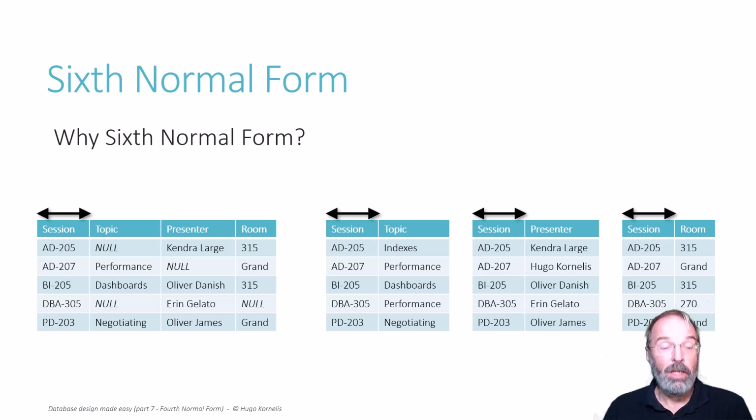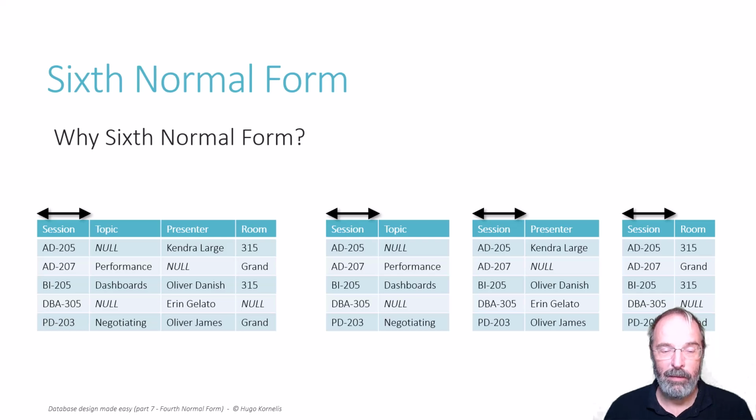Now, with those changes in the population on the left-hand side, we have, of course, to make the corresponding changes on the right-hand side in the sixth normal form equivalent. But the correct way to change that is not to replace values with null there. If you look at the second row in the table for session and topic, and now remember what I told you when we talked about fourth and fifth normal form, data in tables is actually information, is actually facts.